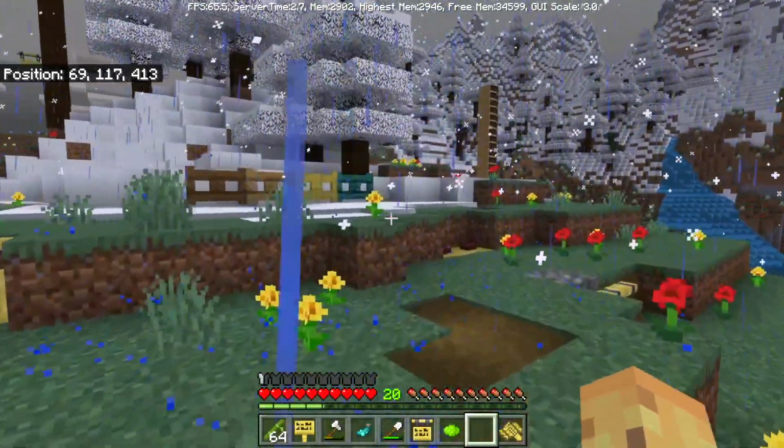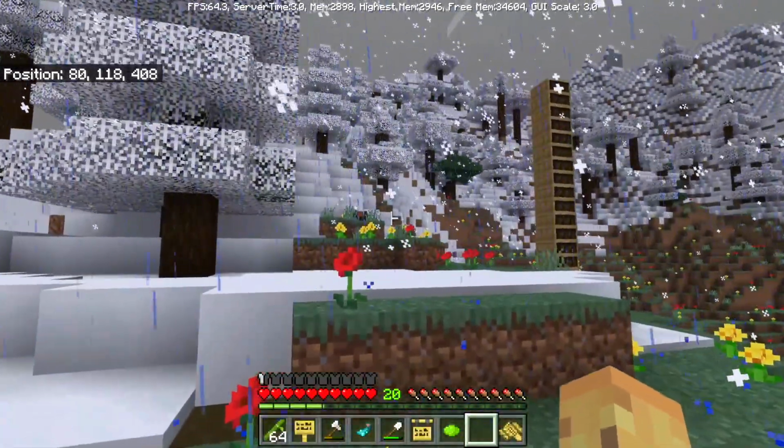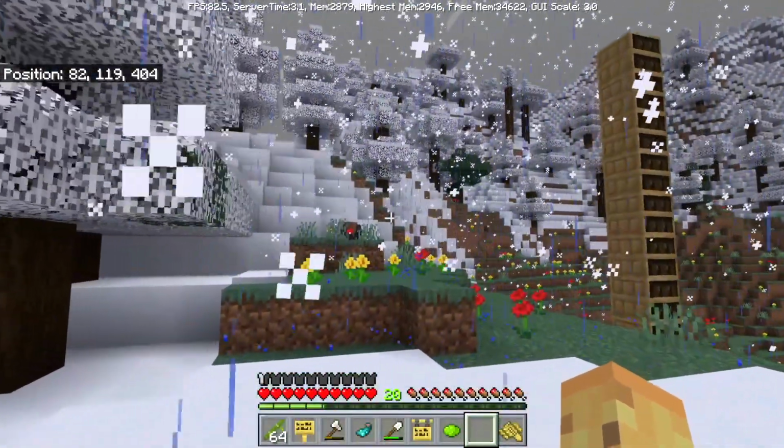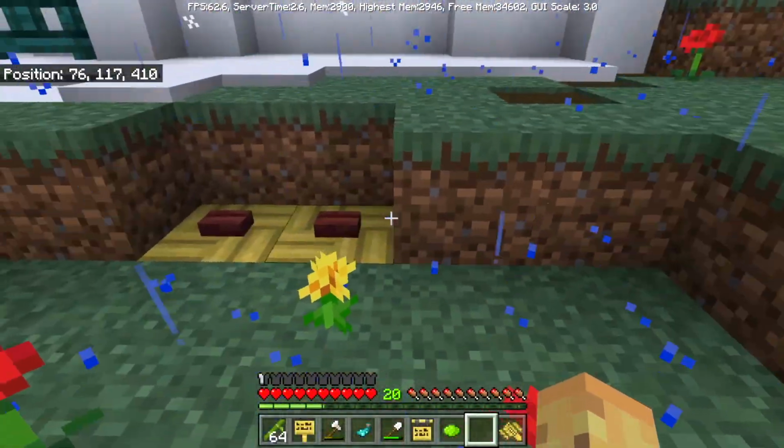And obviously we know Bedrock has exclusive features, but they've clarified they don't want to continue adding these, so what is the deal with that? And also, what is the deal with the release of this update? That's another important thing that we'll dive into with today's video, right after the weather gets better,